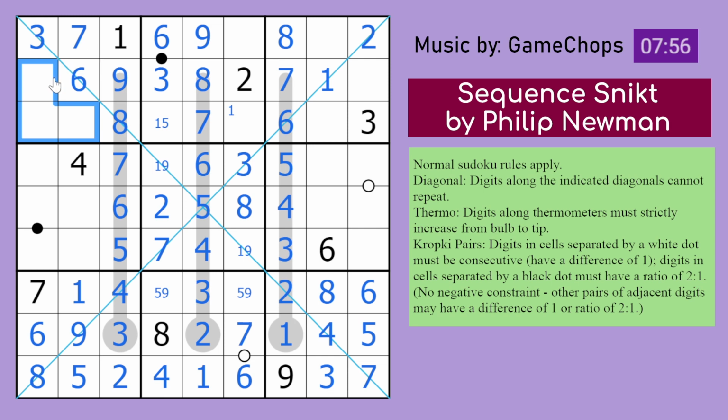The remaining digits here are 2, 5, and 4. Right, 4 and 5 come in that cell, so that's a 2. This forms a 4, 5 pair here, which doesn't do anything, but we have more pairs to work with. This is 3 and 8, that is resolvable. The last 3 digits here are, I think, 1, 2, and 9, and 9 doesn't have any pairs to work with,